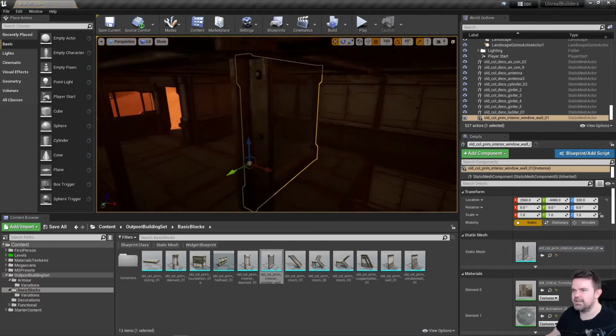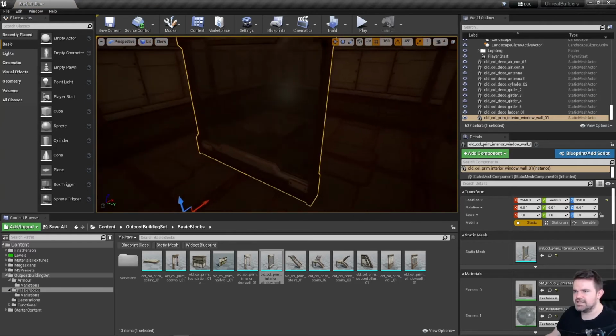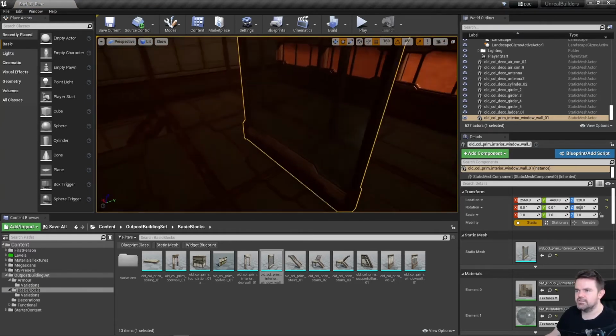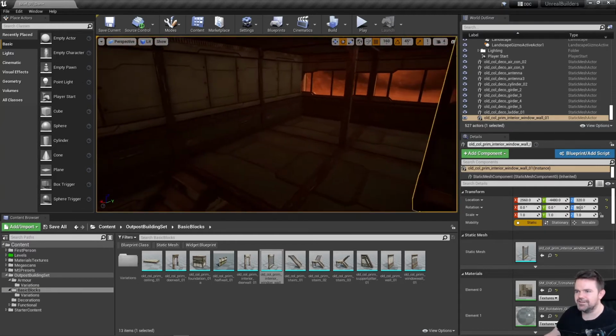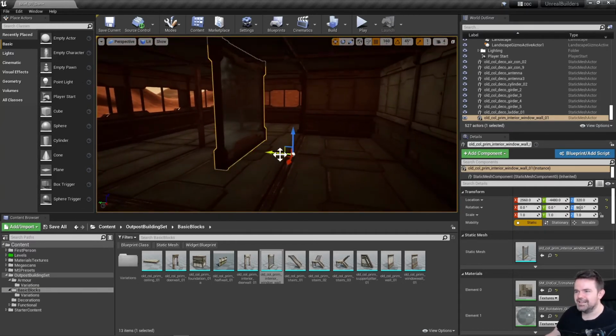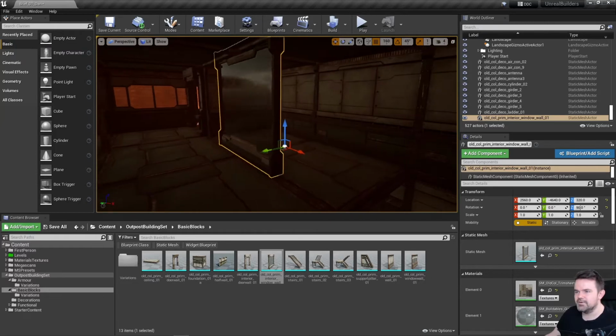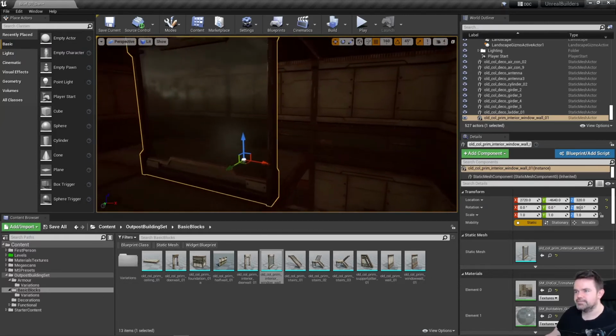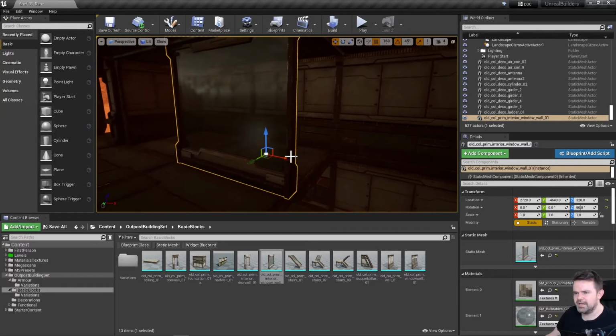Let's see if we can make this work. So I've added this in. Let's just rotate it around and adjust my camera. I'm a little bit too close for comfort at the moment. And then we can just place it where we want. Okay, cool. So yeah, if we say we have one there, and maybe we will have